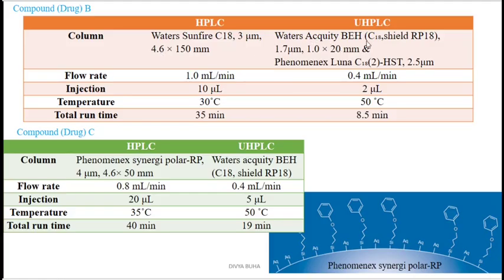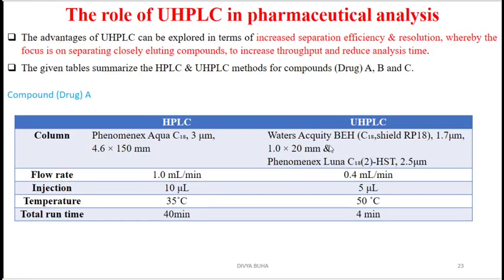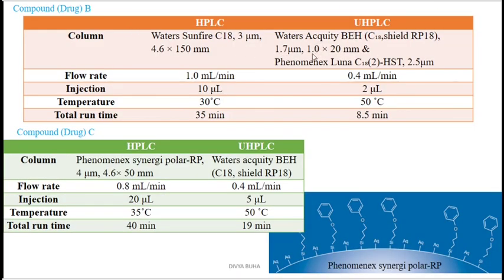Over here, the Waters Acquity BEH C18 Shield RP18 column can be used. 1.7 micrometer is the particle size, 2.1 mm internal diameter, and a 20 mm long column. Phenomenex Luna C18 HST 2.5 micrometer column can be used in UHPLC for the separation of compound B, right? So both our columns are similar. I mean the same column is used for the separation of drug compound A and drug compound B using